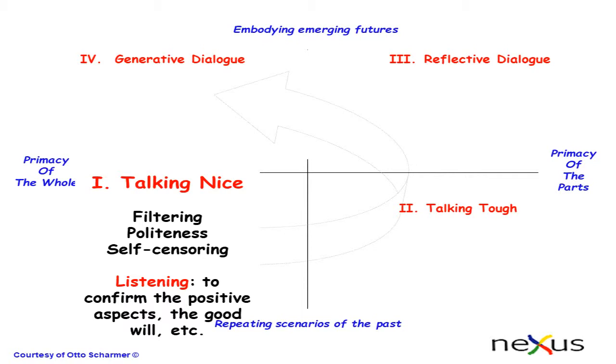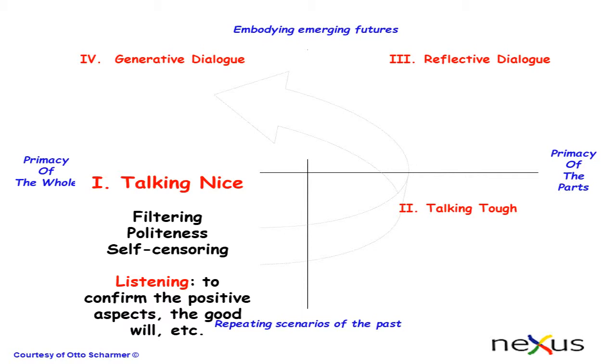When I say very carefully, this can be conscious, of course, it might even be unconscious, but you know that there are things you mustn't talk about. There are topics, issues that are a no-go. Okay, so you're filtering a lot what you're saying. You're ensuring that you're really polite, you're self-censoring,